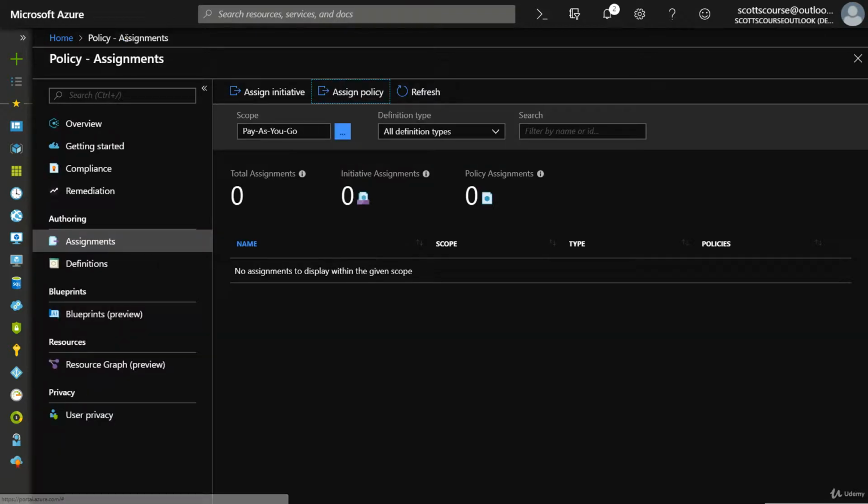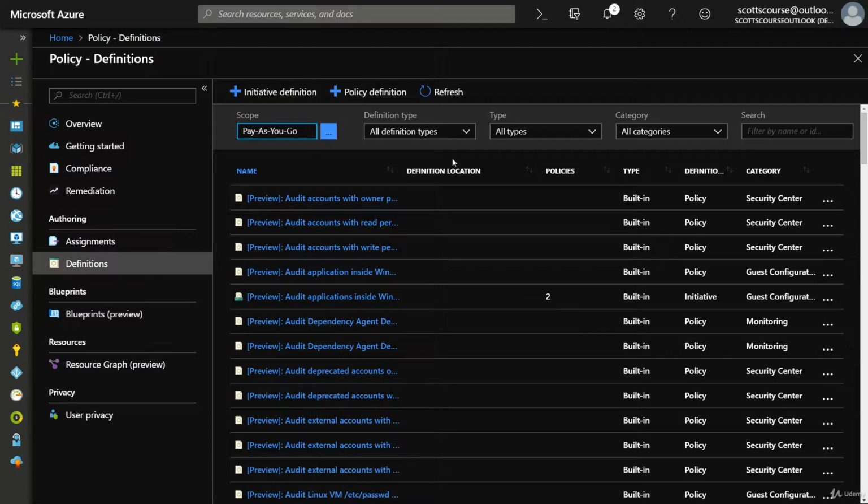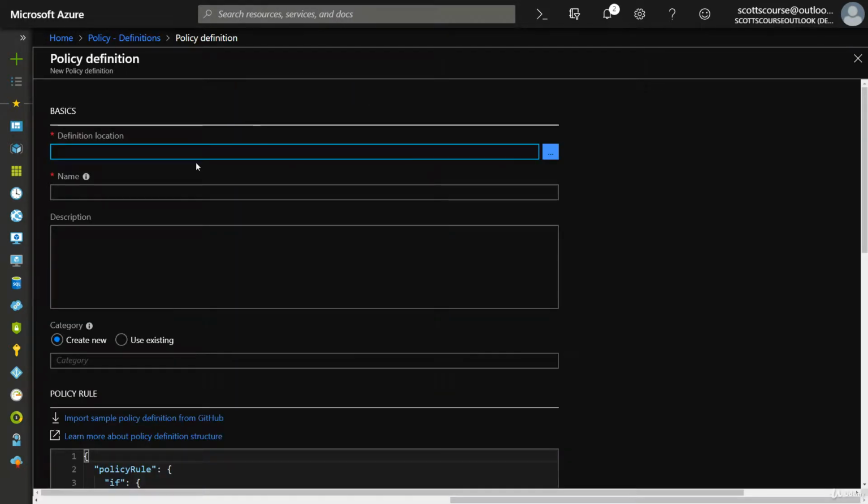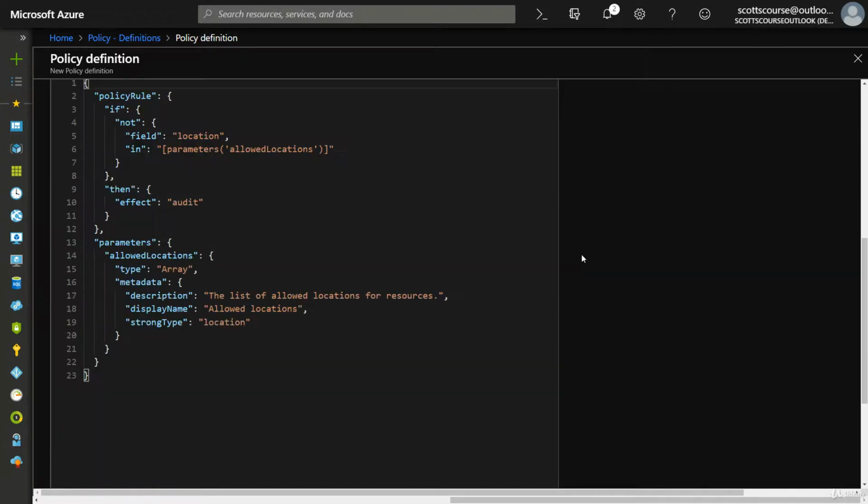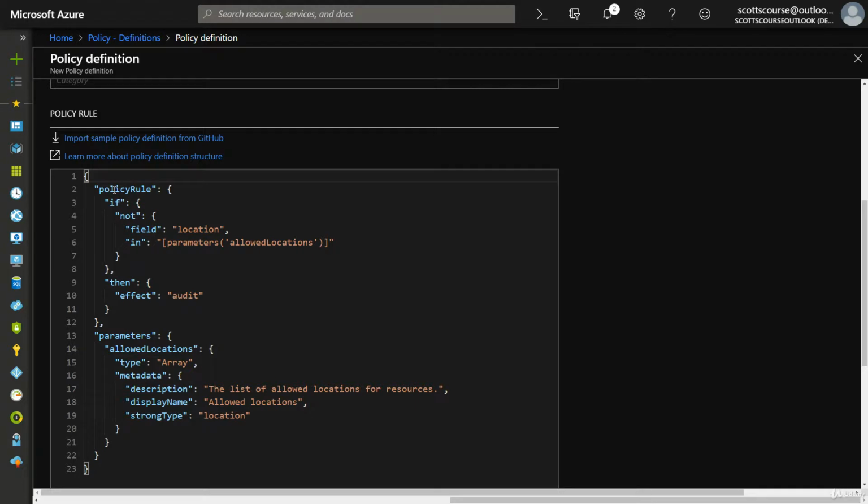Now the other type of policy are your custom policies. If we go into definitions, we can see the built-in policies, and we saw in the last video that these are on GitHub and we can actually copy the JSON from those. We can also create our own policies. So if you go down, I'm going to scroll here, we can see the JSON definition of the policy rule. And the policy rule has sort of an if-then syntax. So if not location is in a field of array of allowed locations, then this becomes an audit, right? So we can read this as